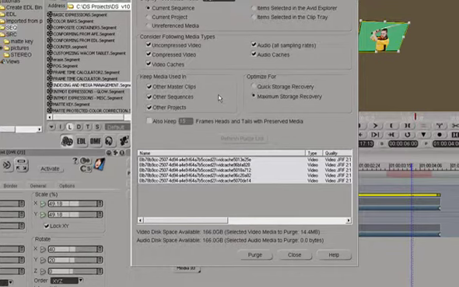If you have a long sequence like a 45-minute TV show or feature film, the saving part can take a long time. So if you're experimenting with these settings, each time you change something, the purge tool will want to automatically save the sequence, and it can really slow you down. So what I do is I create a blank sequence, just a little dummy sequence, for the purpose of being able to do this fast.